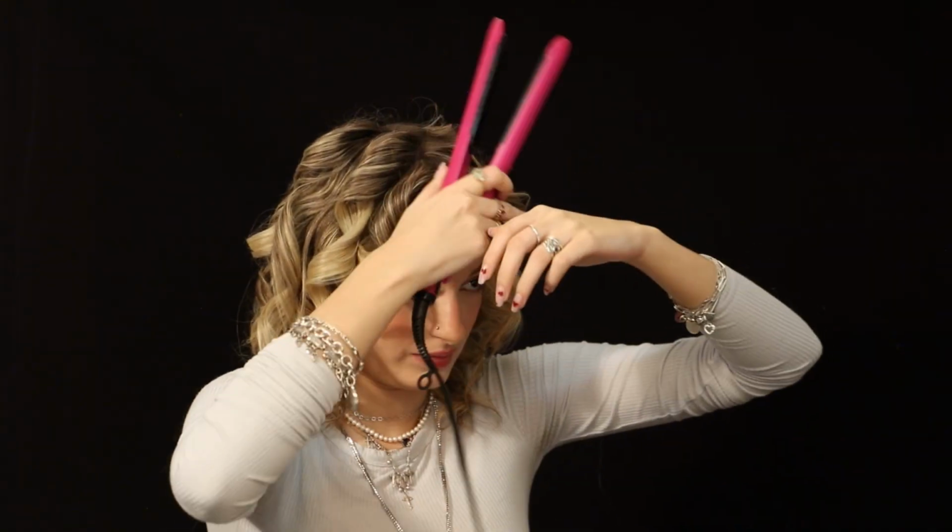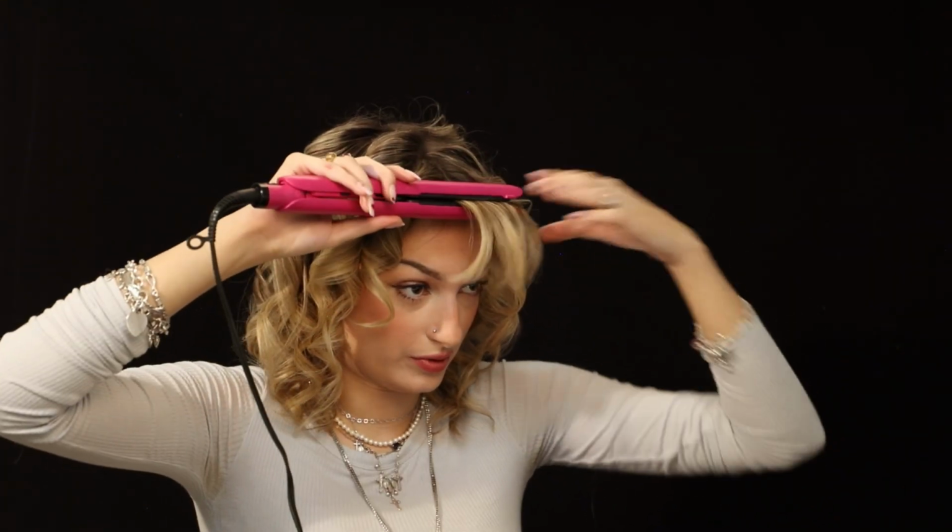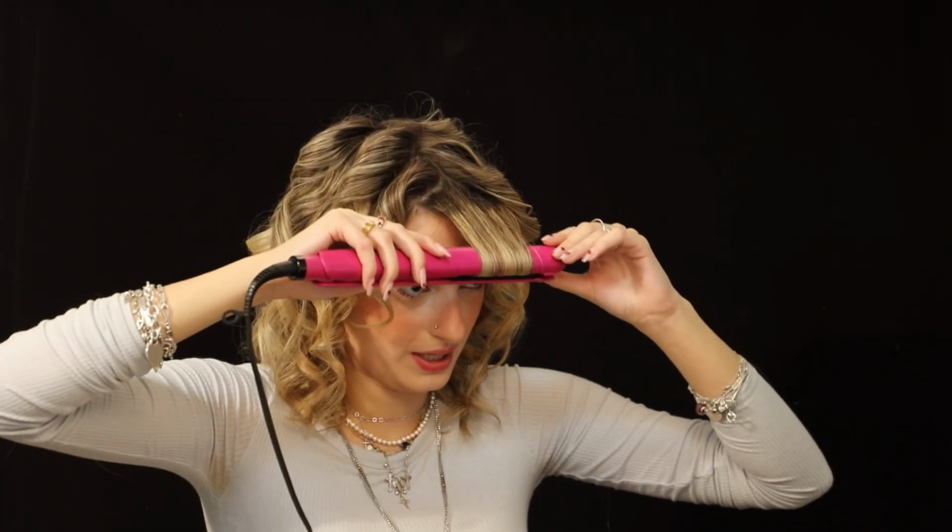And now all that's left is my bangs. You can do your bangs however you want. Sometimes I like to do a little Sabrina Carpenter moment. Flip them in like this. Sort of like that. So now that our curls are all done, it's really important that we wait for these